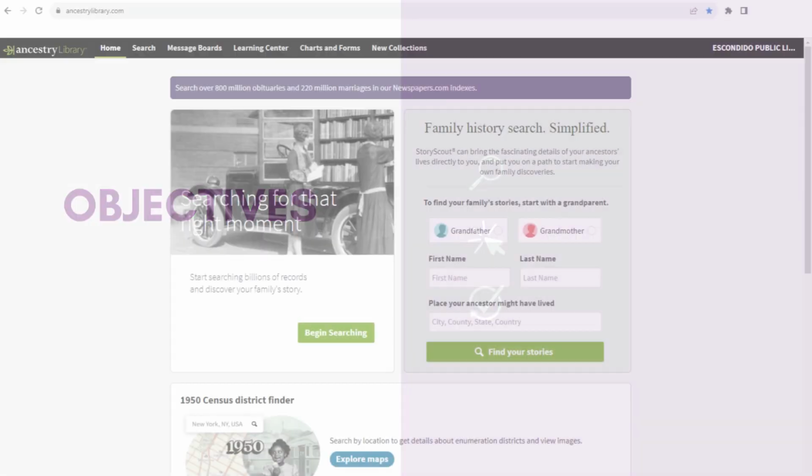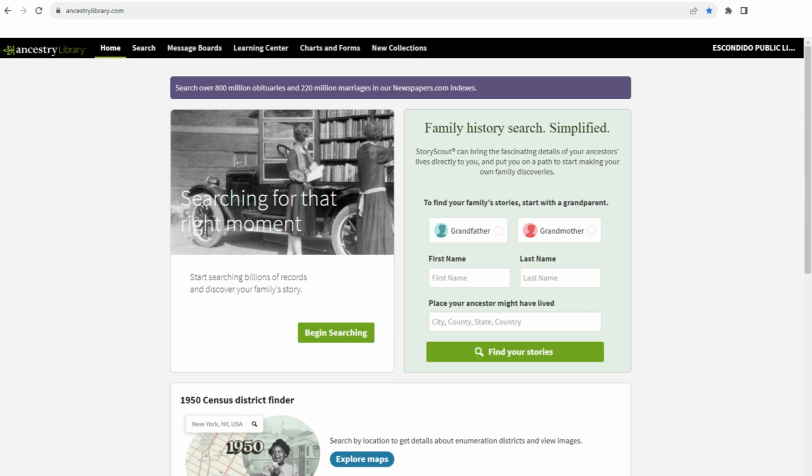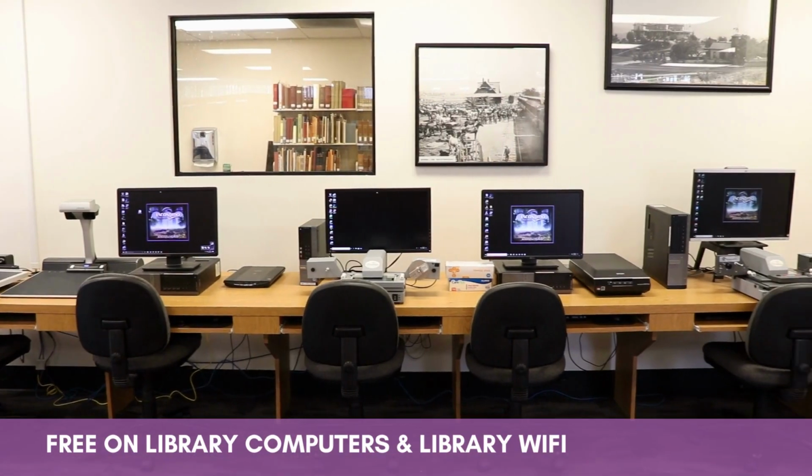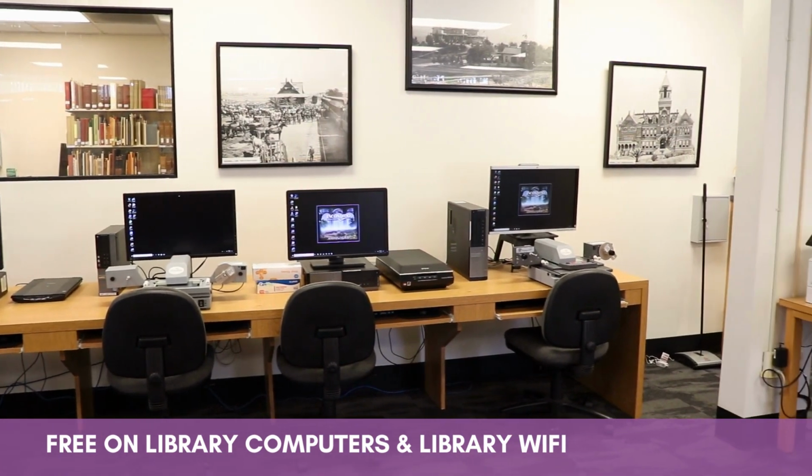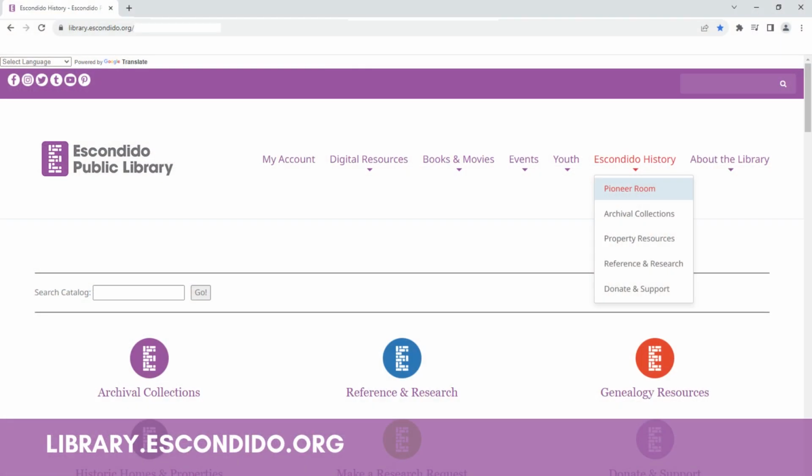Let's get started. Ancestry.com is a popular online genealogy and family history platform that allows individuals to research and explore their family trees and discover information about their ancestors. The Escondido Public Library offers free access to the Ancestry.com Library Edition on any library computer or when connected to the library Wi-Fi. You can find Ancestry.com on the library website at